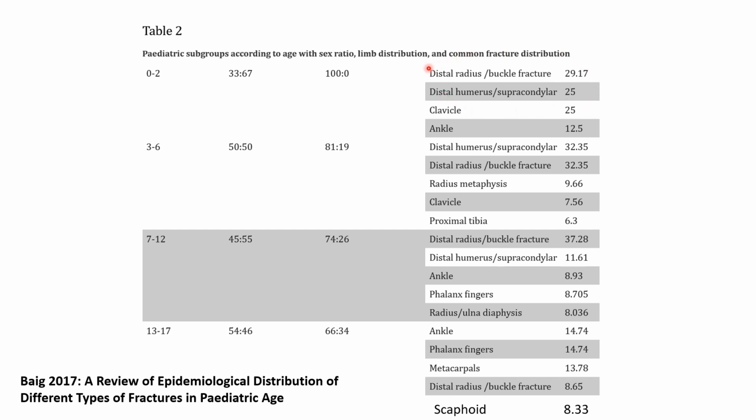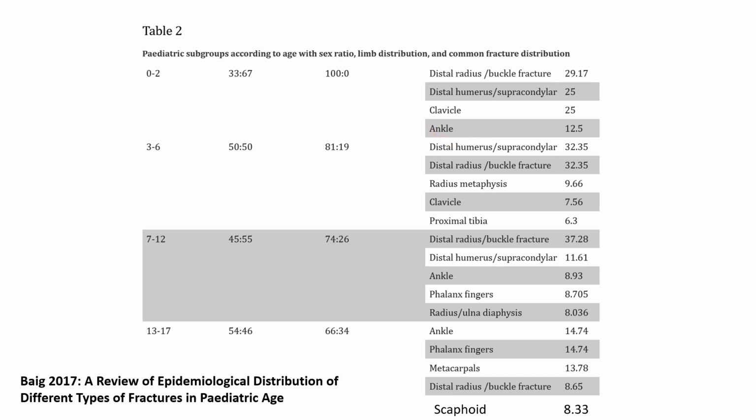When you're a toddler and a bit more than a toddler, like a preschooler, then these buckle fractures, the distal radius fractures, are really common, and also these distal humerus fractures, supracondylar fractures, which are really important because they might have radial nerve or artery problems, right? So they're really important to know about. These are quite common in this age group. Okay,